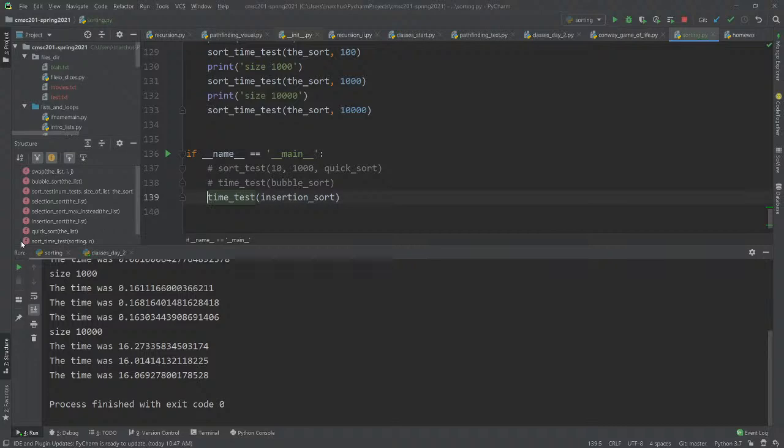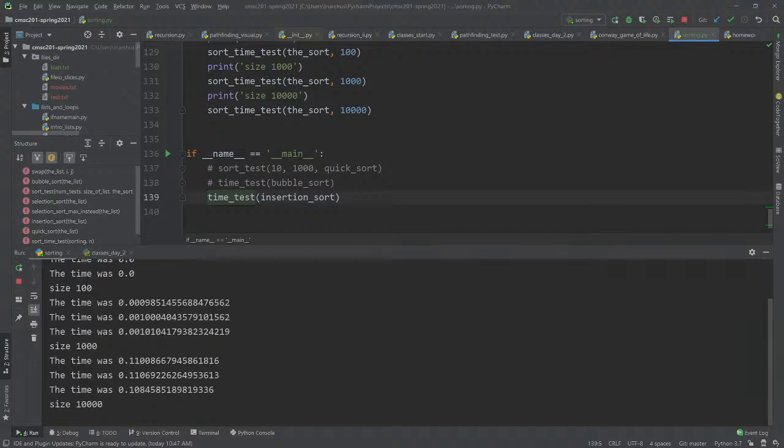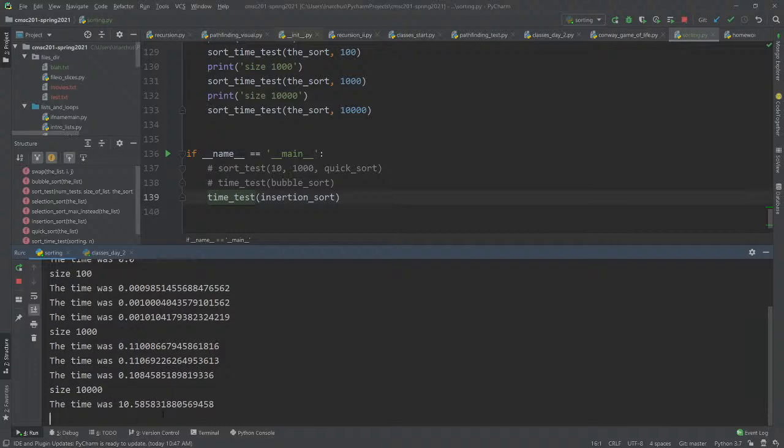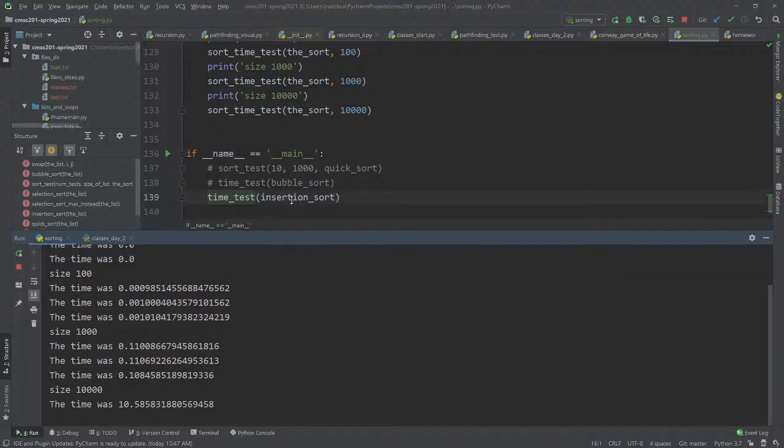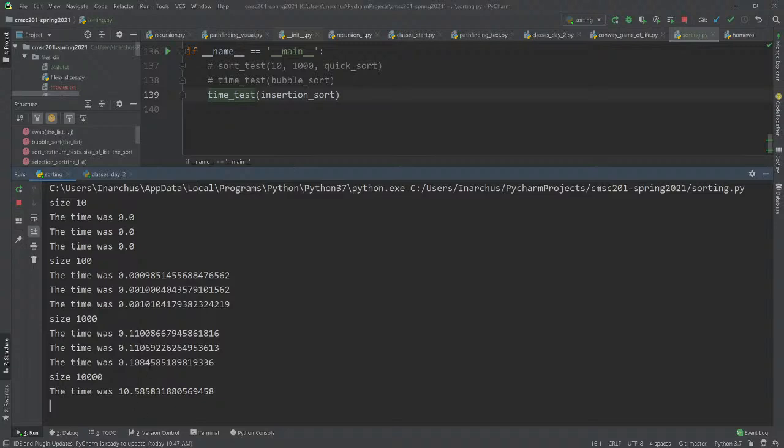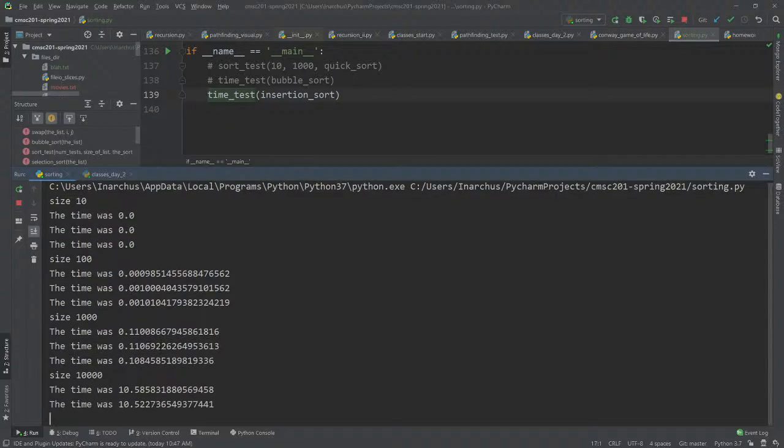Okay, let's try this. So you see that insertion sort did a little bit better, right? Instead of being 0.16, it was more uniformly 0.10 seconds on the same size. And here it should take about 10 seconds, right? So you see here, insertion sort is performing better than bubble sort, but it's not performing asymptotically better, meaning that